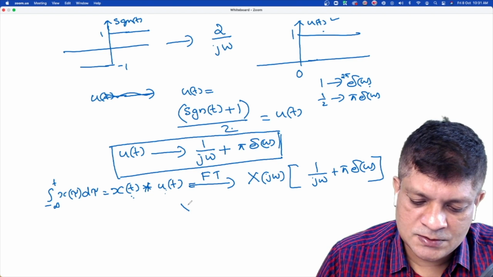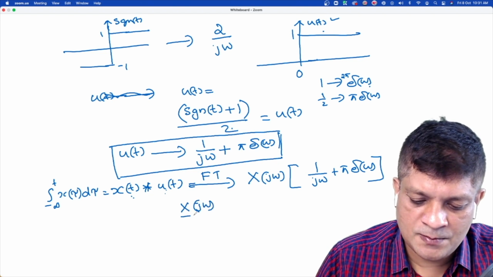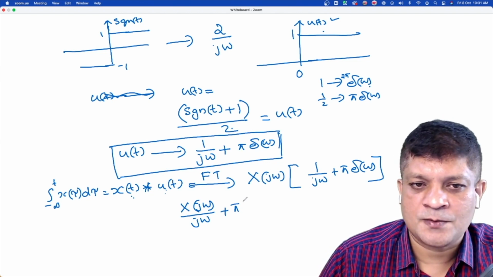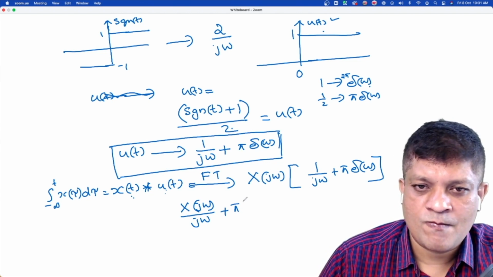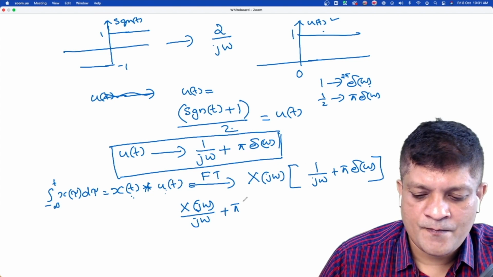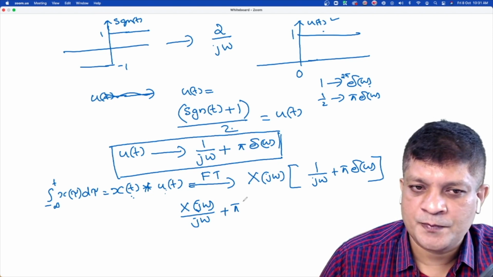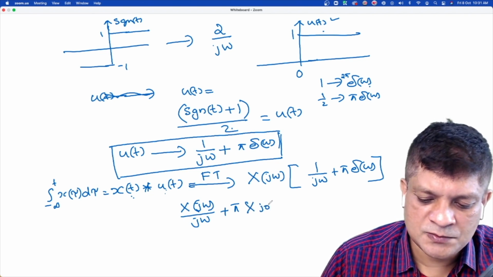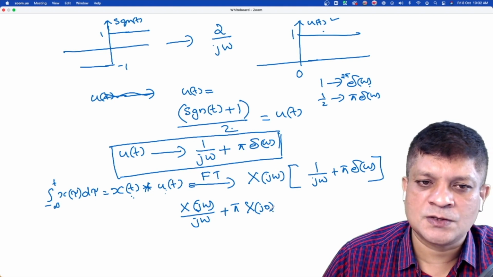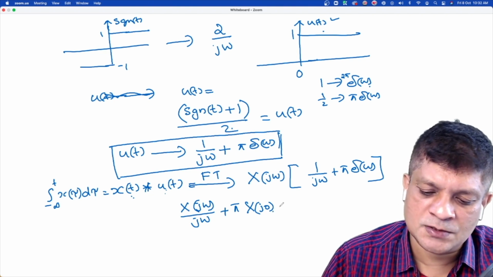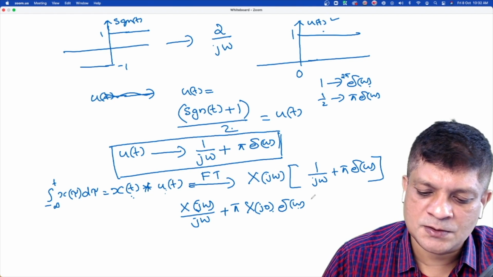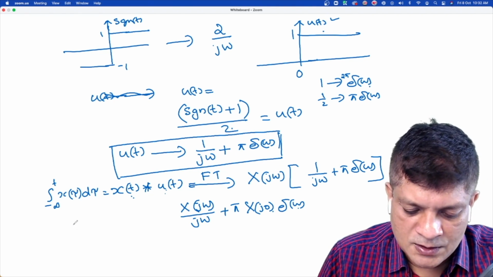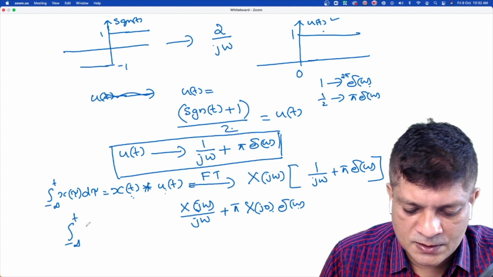Can we write it as X(jω) by jω plus what? Pi into? Okay, let us write it as X(j0), because I am putting ω = 0 into δ(ω), isn't it? So this is the multiplication property, the integration property. The Fourier transform of the integral of x(t)